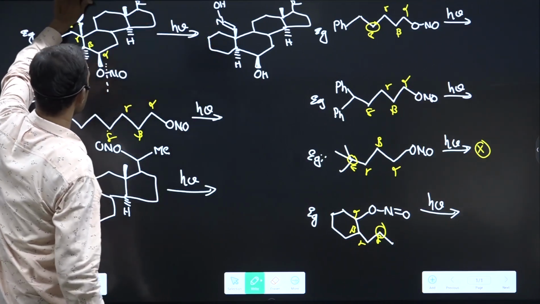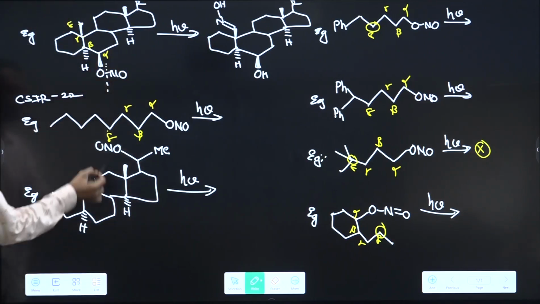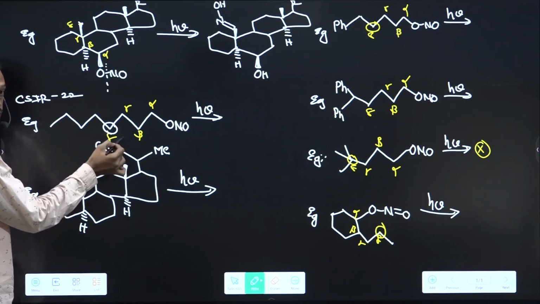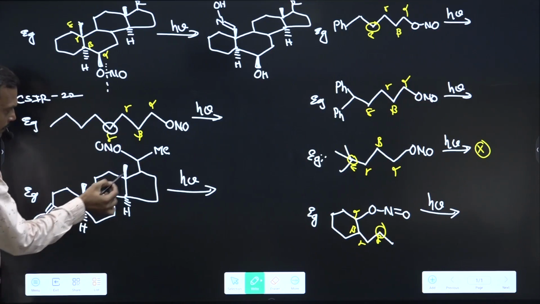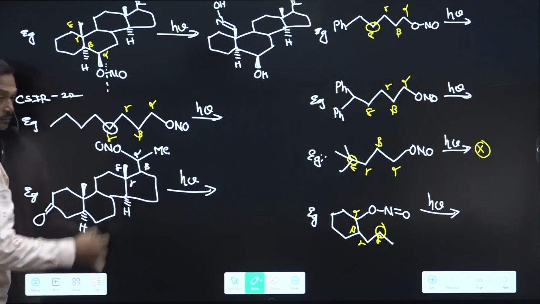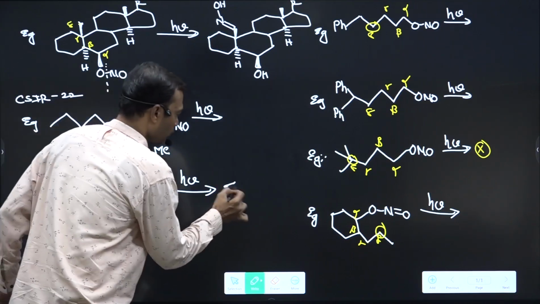Fourth carbon is your target site. Fourth carbon, those two are cis to each other. And here, see, this carbon: you just remove 2 hydrogens and put a double bond, N-OH. And see, in this one, this is alpha, beta, gamma, delta. This hydrogen is cis to the nitroso, so if it is cis to the nitroso,